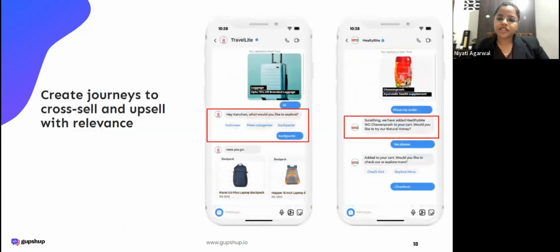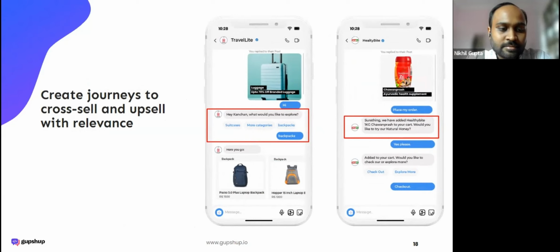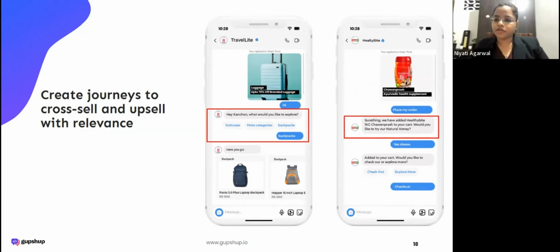Now, let's say that has been done. We have sold a product to the customer. Now, what next? As a business, if you remember, the fourth goal or objective that we're talking about is always to increase sales. Now, you want to upsell, you want to cross-sell. If you have sold, let's say, a sweater to a customer, you'd also want to share matching accessories, matching shoes, matching trousers, anything. This is again where the brand bot can help you, because when you're having a conversation,